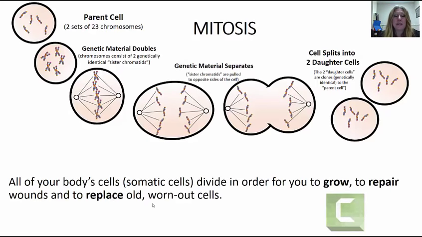Okay, so your body cells actually undergo mitosis. You start off with a parent cell that has 46 chromosomes, and that genetic material is going to double. That's why you see these single strands becoming these X's. Once that genetic material doubles so that the chromosomes are in that X form, that X form actually has two what we call sister chromatids. And those sister chromatids are going to go to opposite sides and eventually split off to form two separate cells.